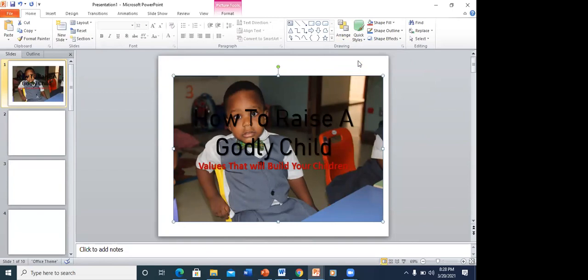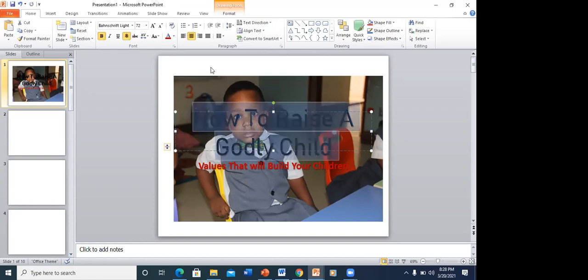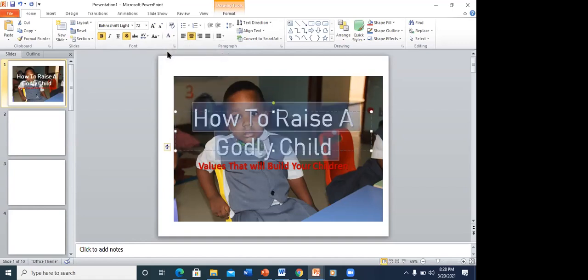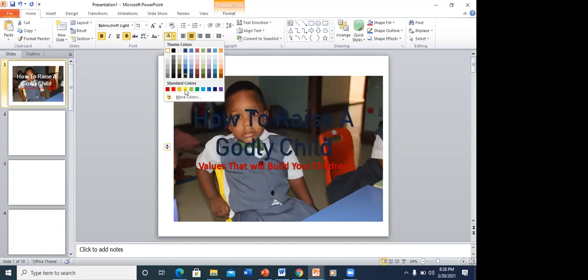I have another challenge now. You can probably not see it clearly, right? So what colors do you think will bring out the words better? When you're in this kind of situation, you take your cursor, click there, and do Control A. Always do Control A. Control A highlights what you're working on, and then I think white would be fine to bring it out better, or another color that will bring it out well is yellow.